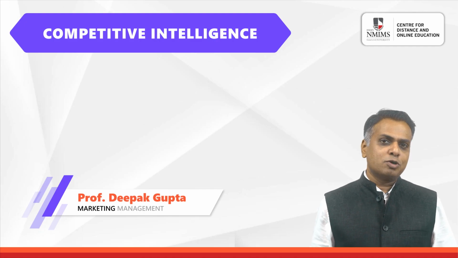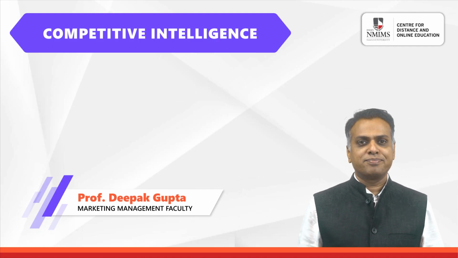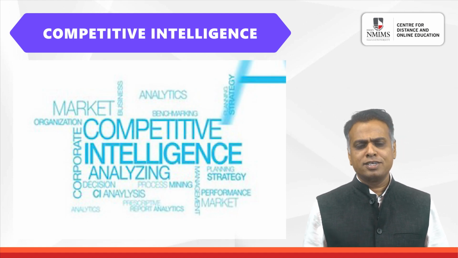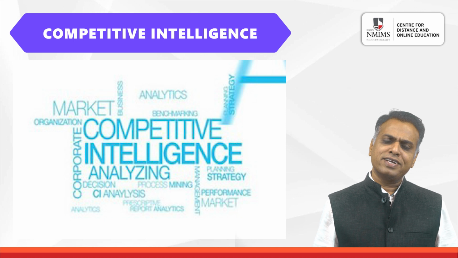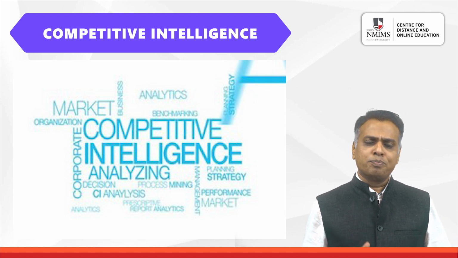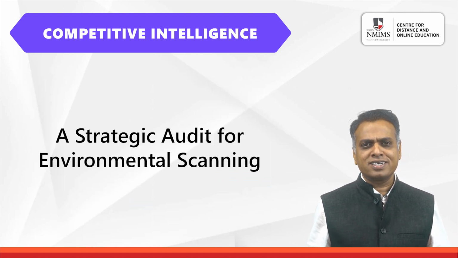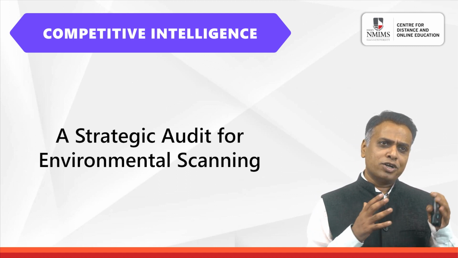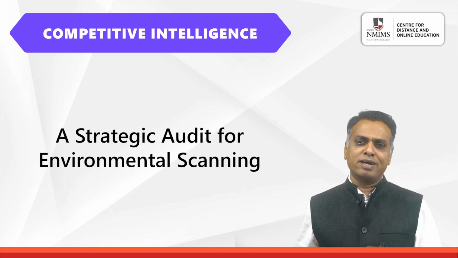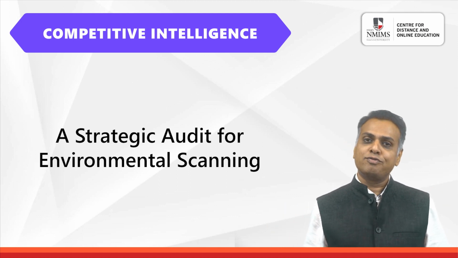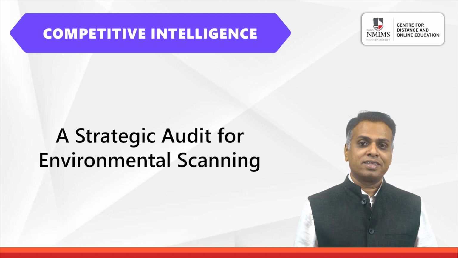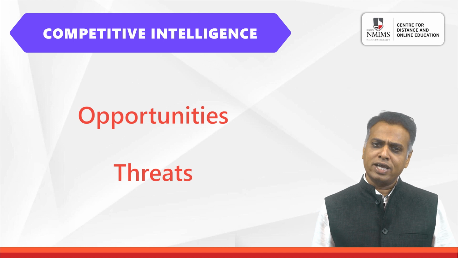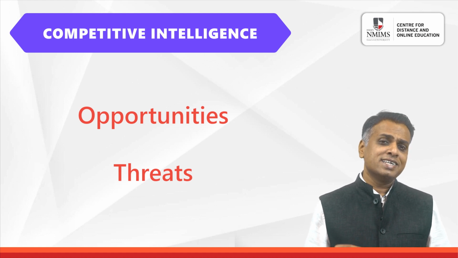Let us now talk about section 9 of chapter 3. Here we will learn how to use publicly available information to conduct competitive intelligence. So basically we have to conduct a strategic audit where we will be auditing everything around the environment. The strategic audit for environmental scanning, so that we can explore a practical checklist to help identify opportunities and threats